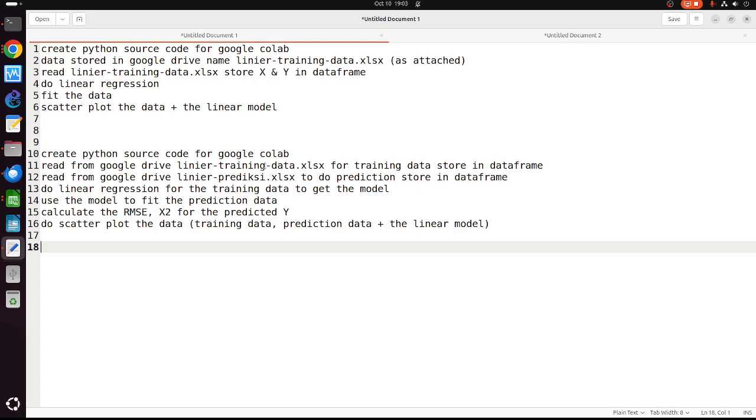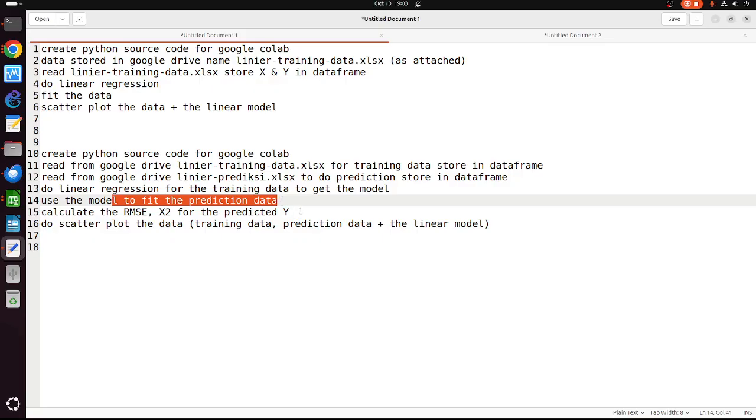So when we do prediction, we have to do something like this. Okay, first we need to load two files and do linear regression. The other way to do these things is we create the model, use model to fit the prediction data, and save the model.